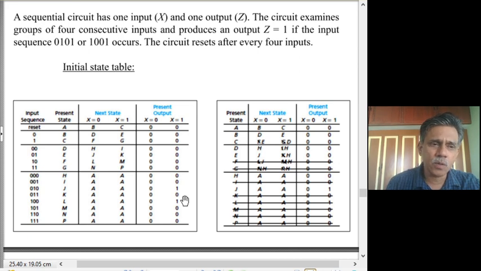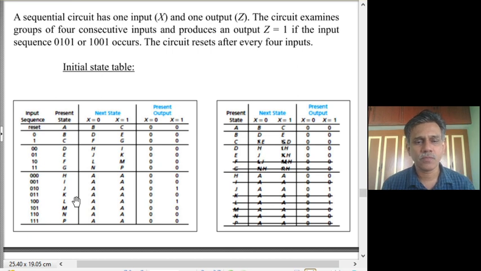What other states are equivalent to H? M and P are all equivalent to H, I and K. Each in this group, they are all pairwise equivalent because all of them have got the same behavior. Then what do we do? If you have a group of states which are all equivalent, just one state is enough. All others have the same behavior of that state. So we can just retain one state and remove all others.